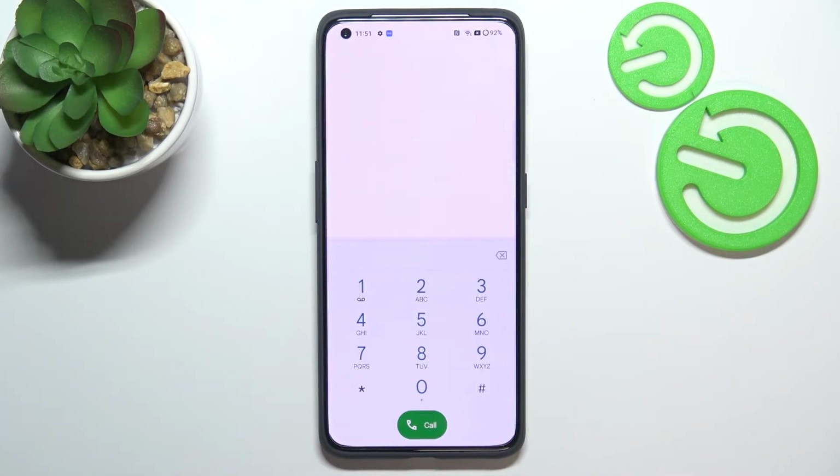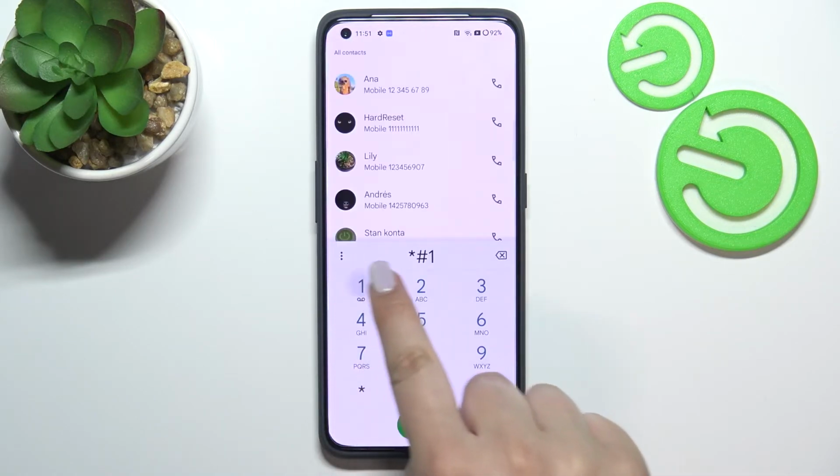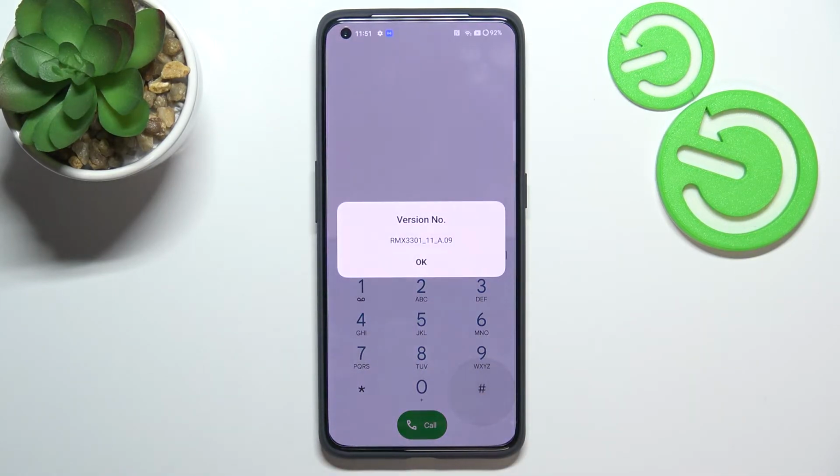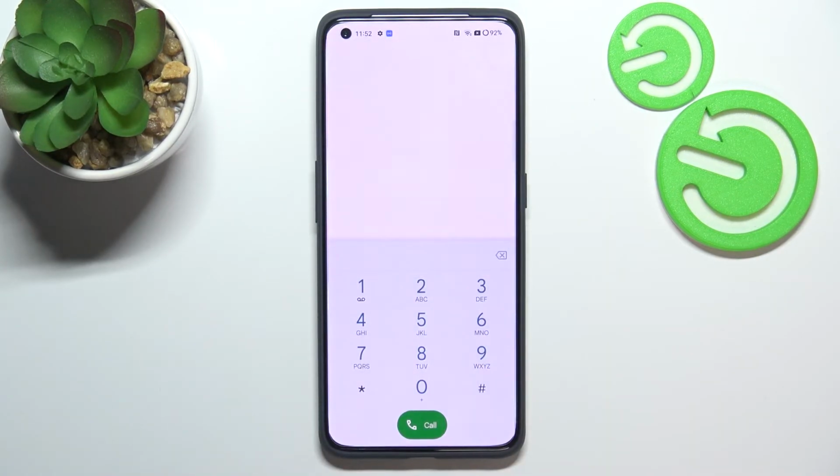Let's get back and let me show you another code which will open the firmware version, and the code is probably the easiest one. It is *#1234#. And as you can see, here we've got the firmware version, so just tap on OK. And let me show you another code which will open the feedback menu, and the code is